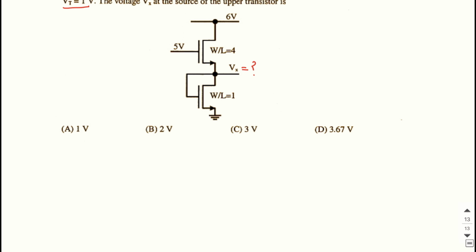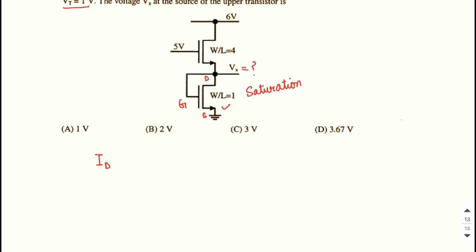So again, we'll first try to see whether we can know which mode of operation one of the transistors is in. As you see, the lower transistor has the gate connected to the drain, because these are the terminals for this transistor as it is an NMOS. Hence, this transistor is definitely in the saturation mode. So we can write down the drain current equation.